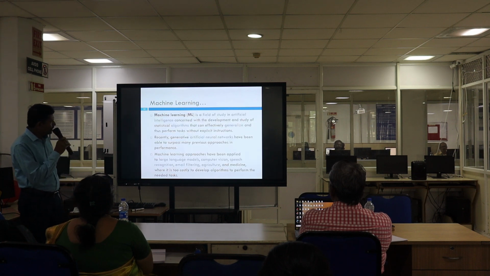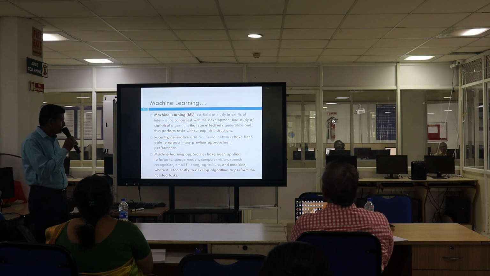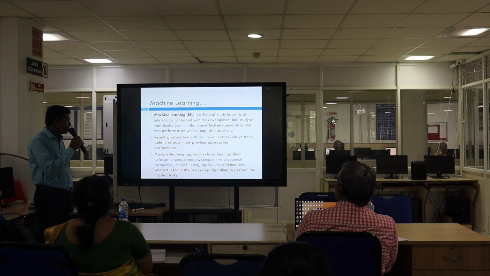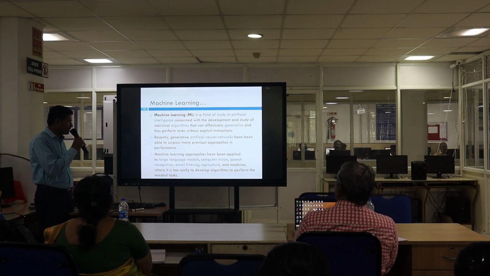Machine learning is a field of study in artificial intelligence concerned with the development and study of statistical algorithms that can effectively generalize and thus perform tasks without explicit instructions. Recently, generative artificial neural networks have been able to surpass many previous approaches in performance.